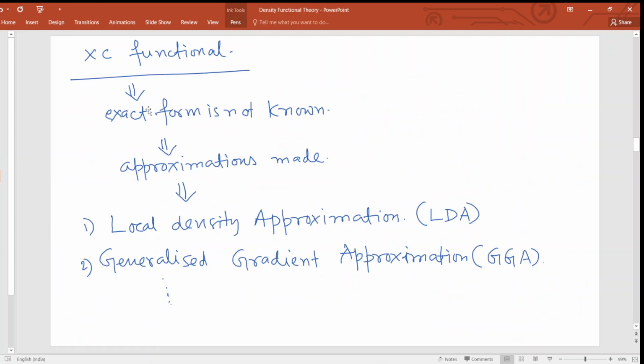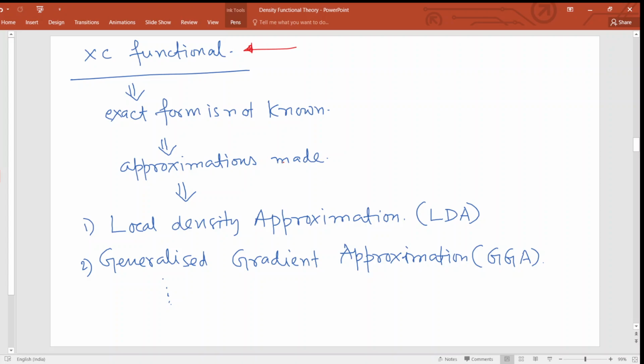So now let us talk about the exchange correlation functional, because this is something which I said is system specific. Okay, so what is this? As I mentioned earlier, this takes care of the exchange effect, or the exchange interaction, and the correlation effect between different electrons.